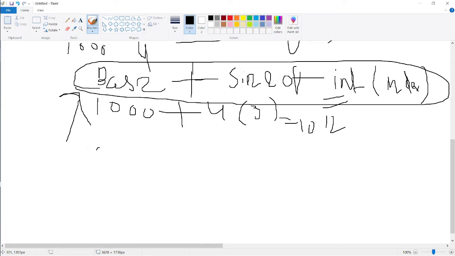Hence the access time complexity of any element in the array, if we know its index, is constant time, because we are using just one statement. So with this constant access time,